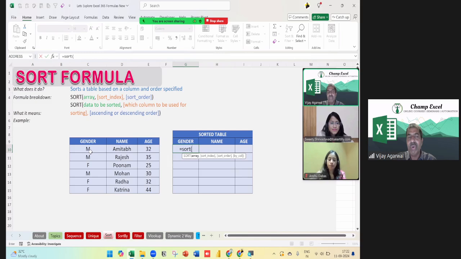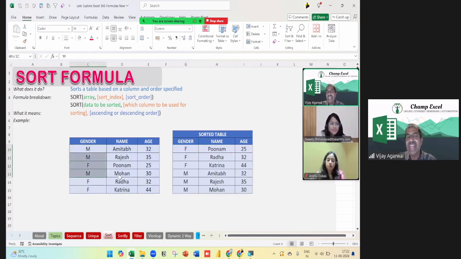These are the standard formulas we have. If I sort, automatically this data is sorted by the first column, female and male. But if you want to sort by the second or third column, that is also possible. You can sort in descending or ascending order, that is also possible. All these are standard things.